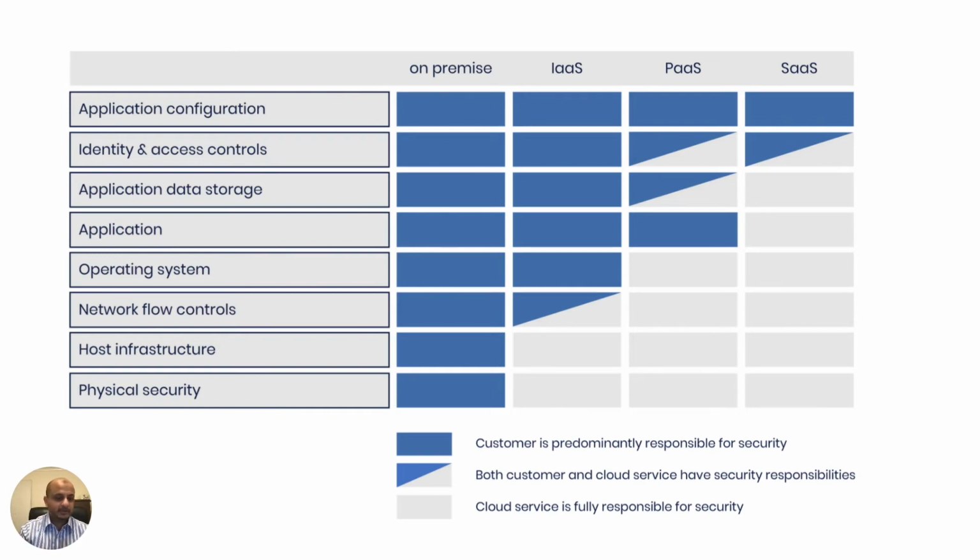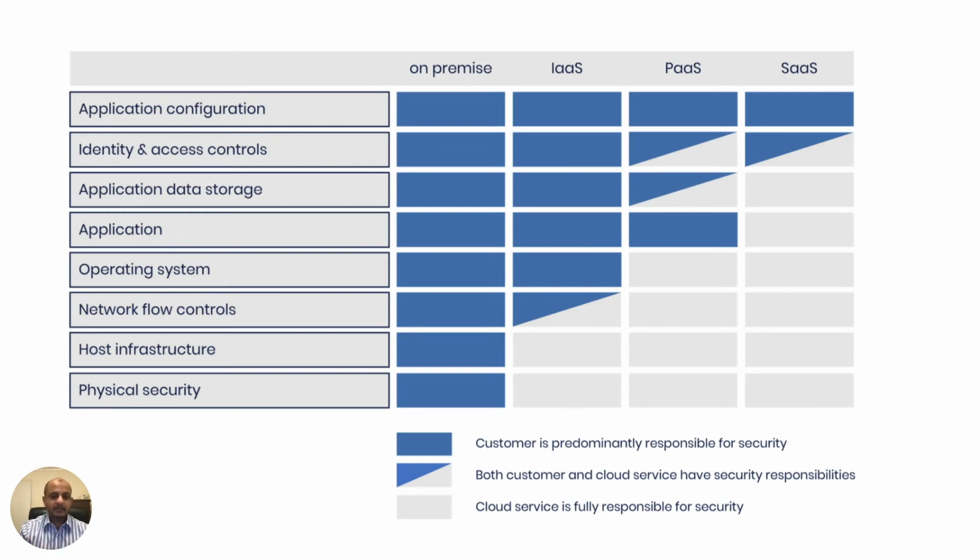Similarly, as we move to the right, platform as a service, some of the things, the operating system and all that, you don't have to worry about now. Now you have to worry about the application, the data storage, the identity and access, and a lot of that is shared, right? And if you're doing a SaaS model, then you are delegating the most responsibility to your cloud provider, and you get the most advantage from the security benefits that the provider will give you. So you can see it changes depending. It's not a static model, it's a shared responsibility.